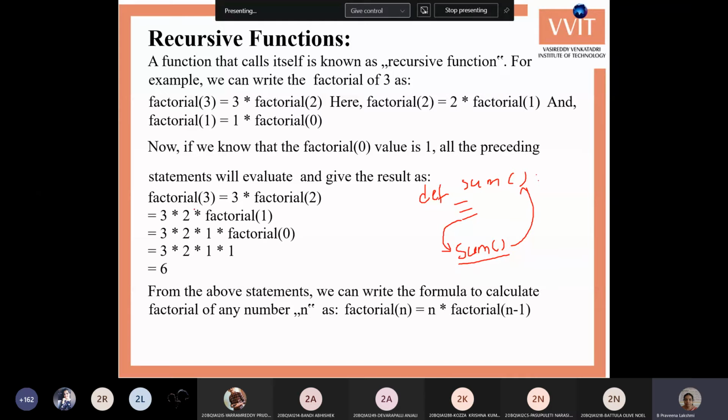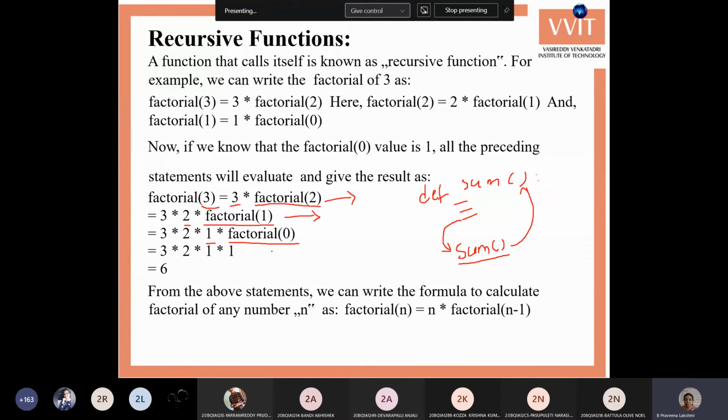This is how factorial is performed using a recursive function. Initially, say you pass the value 3 to the factorial function, and you want the factorial of 3. Your given value 3 is multiplied by the factorial of the remaining values, that is factorial of 2. So it calls the factorial function again with the value 2. In this, it performs 2 into factorial of 1. Then it calls the factorial function again, and in that it substitutes 1 into factorial of 0. That is this n minus 1.